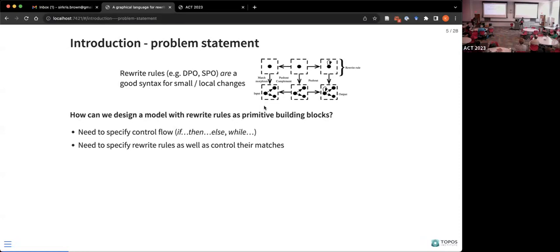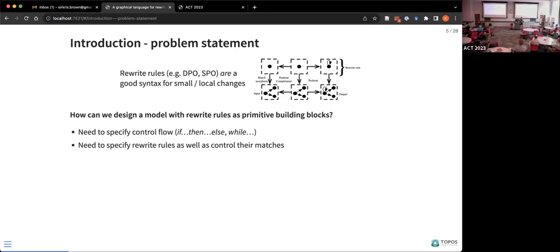So our input graph is going to have a match morphism from the pattern that's just going to tell us where to apply that rewrite rule, and then we can actually just compute it via the semantics of taking a push-out complement and then a push-out. There's lots of other ways that we can do this, but the idea is that this is a nice syntax for something that ordinarily people would use a piece of software, a piece of code to do some sort of data manipulation. So this is great for small local changes, but now we want to say, well,